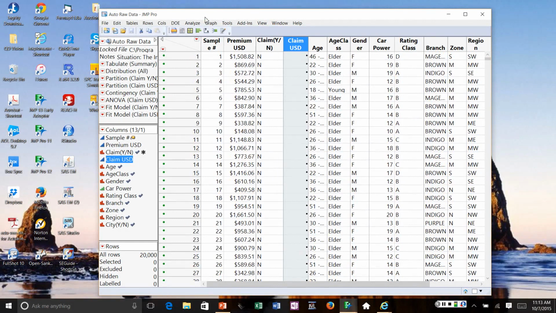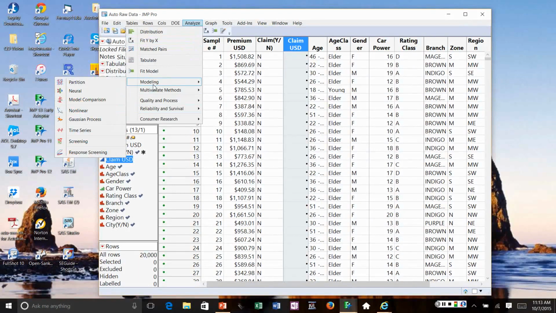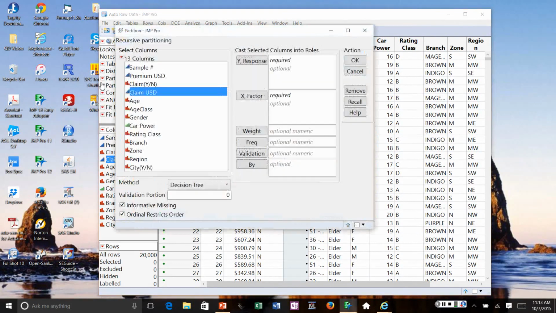So to do partitioning, you go to the Analyze menu, Modeling, and notice Partition is first. That indicates the people developing the JMP software considers this one of the key tools for someone to use, so they put it at the top of the menu. So we click on it. The target, okay, is whether or not somebody filed a claim. And then we have a number of potential factors. As I mentioned, I'm going to leave out claim because that's really confounded with a claim being filed, yes or no. And then I'm going to put in